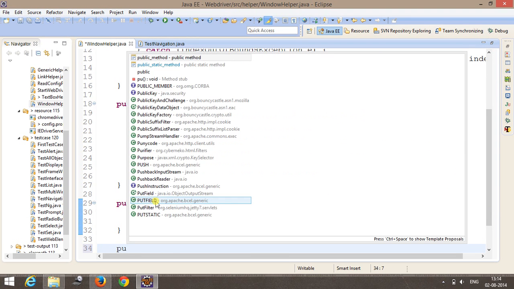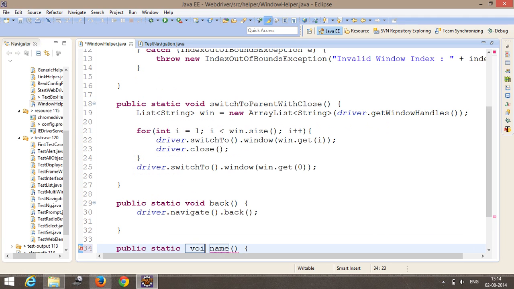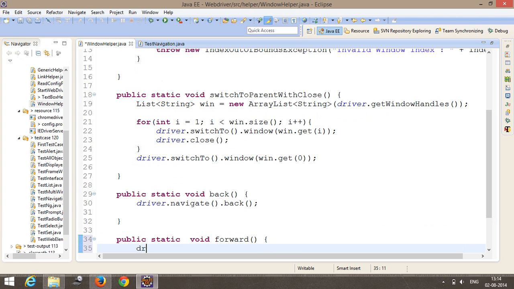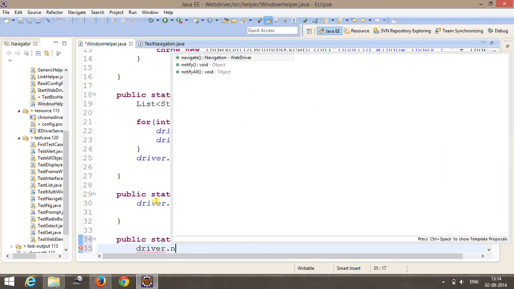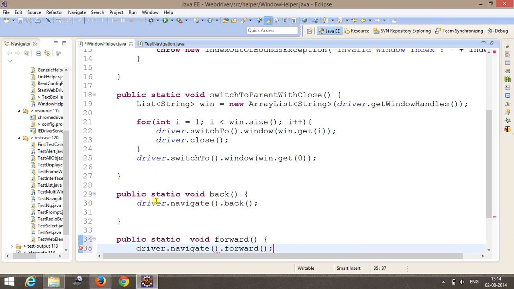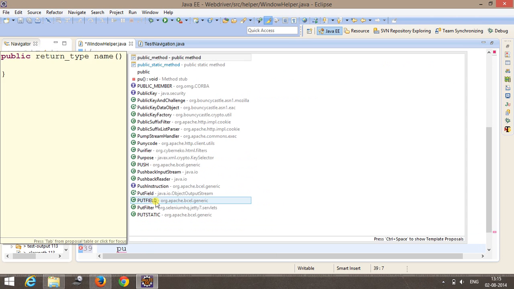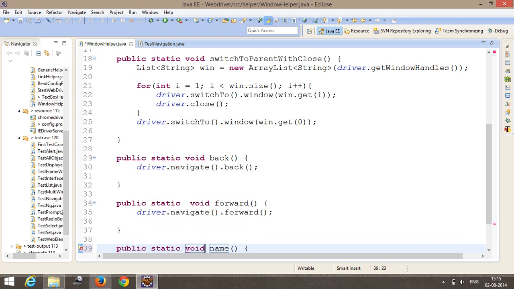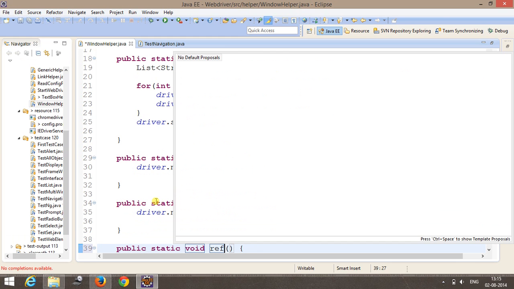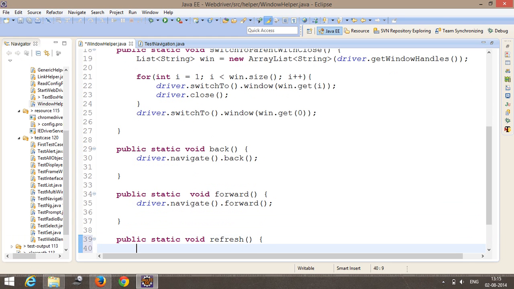Similarly for forward, public static void forward, and this will be driver.navigate.forward. Similarly public static void refresh. So here driver.navigate.refresh,